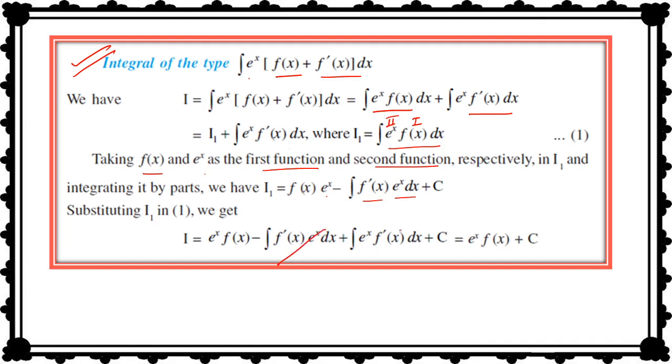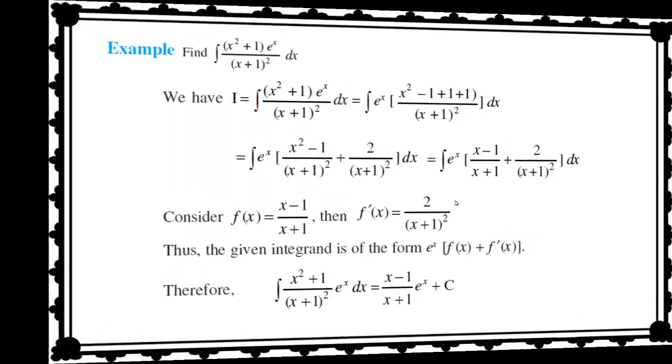So these two terms are going to cancel, right? What we did is we put the value of I1 here. So what is the value of I1? This thing we kept here in equation 1. So these two terms will be cancelled, and what are we going to get? This is our answer. So it means if we get some function in this format, an exponential function, and in the bracket any function plus its derivative also, then the integral of this type of function will always be e power x and f x plus constant.